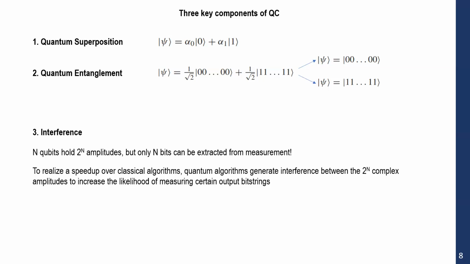It cannot even be saved to the memory of a supercomputer. However, when we measure the system of n qubits, we get n bits as the result of the measurement, right? So it's an n-bit number,